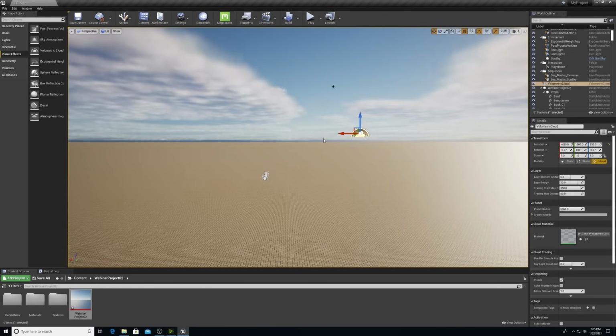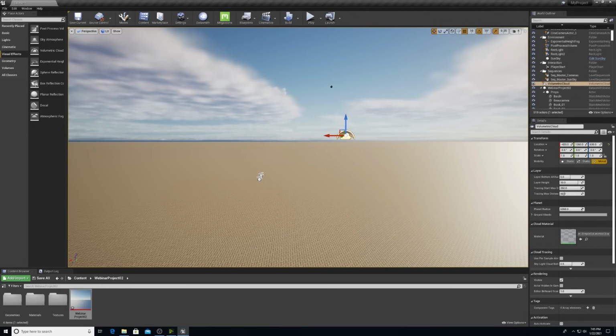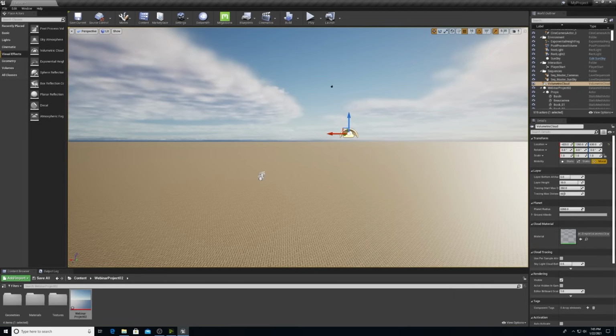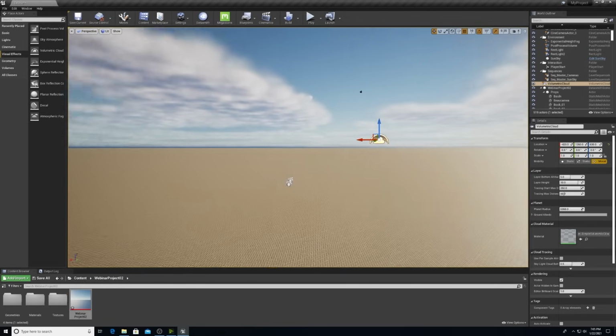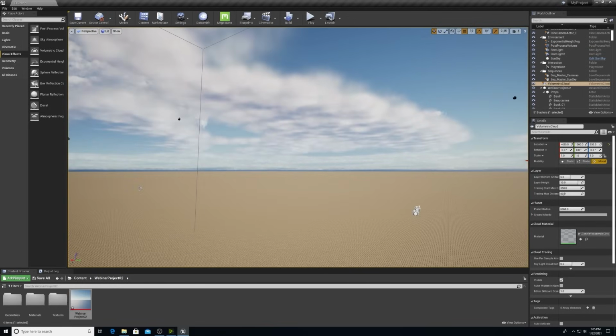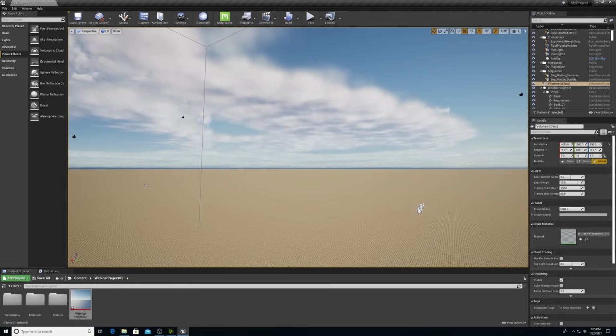Now, there are a lot of different settings you can use, such as having the clouds cast shadows on the ground, as well as casting shadows on themselves. There's a lot of different options that you have, and we aren't going to cover that in today's webinar, but I did want to make you aware of the new feature, and I wanted a nice backdrop for my sky.